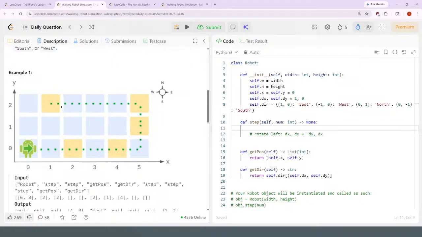Okay, so it always turns left. So once it enters kind of the edge, although if it was something weird, actually